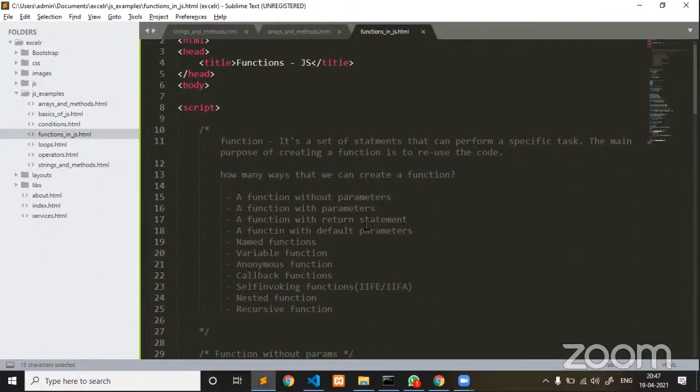And backslash is the escape character for resolving the issue when apostrophe quotes appear inside single quotes. Can you please ask questions if you have any? Callback functions I will try to explain when we are talking about events. Why? Because a callback function, as the name suggests, is going to call a function the moment some event is triggered.